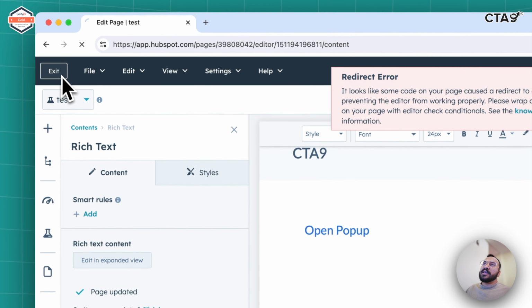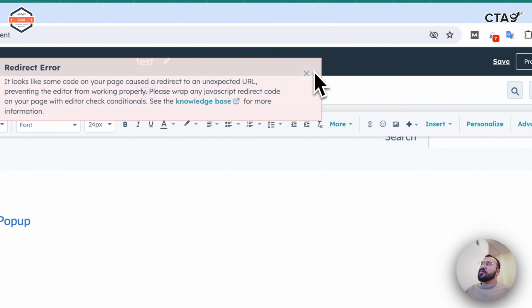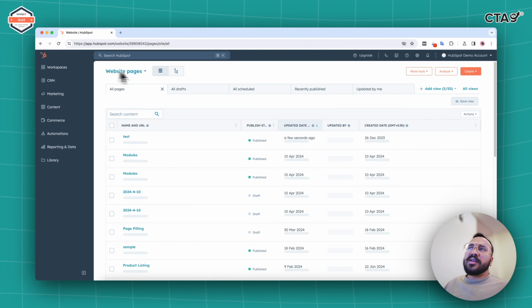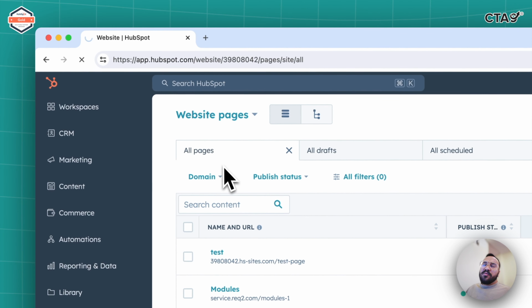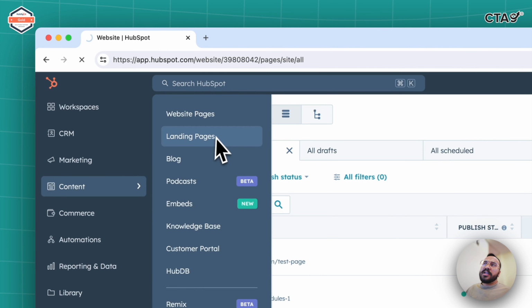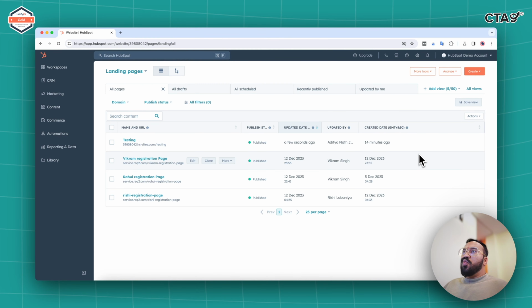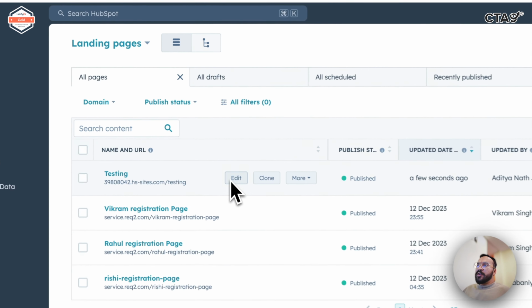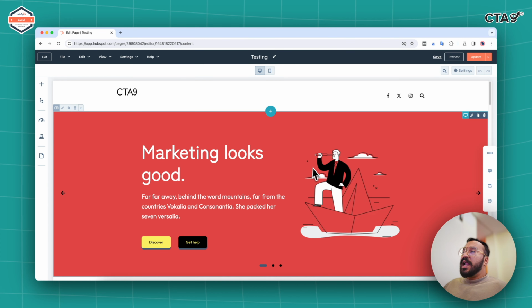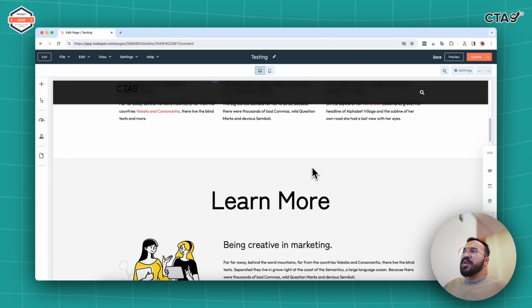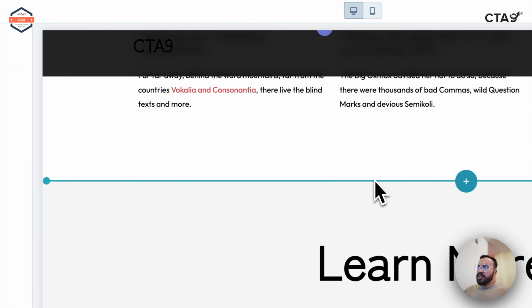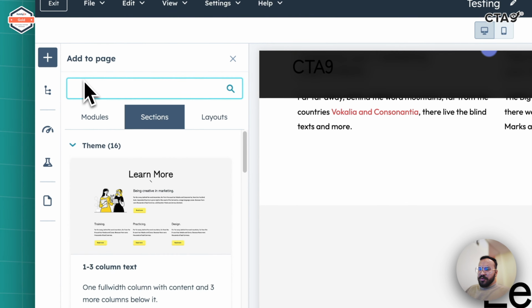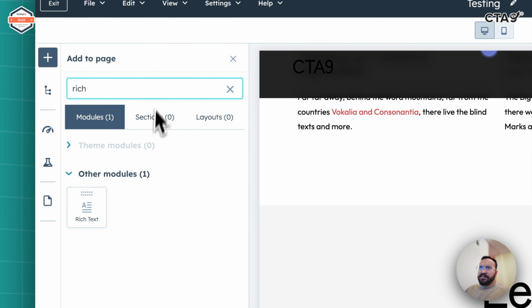So we click on exit and go back to home page, and we go back to the section wherein we can access the landing pages. So I can click on maybe content, click on landing pages. Now once inside landing pages, choose a landing page of your choice, click on edit. Now on the landing page, choose a place where you want to insert your document. Click on the plus icon, search for rich text